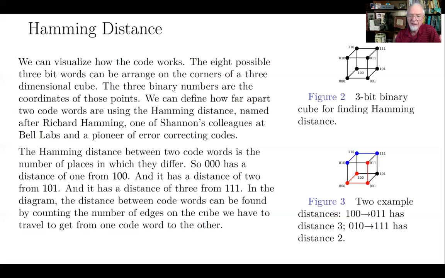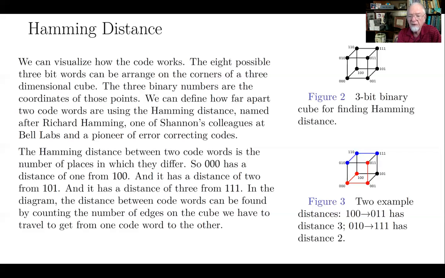So you would have a 001, you could have a 010, and a 100. Those are the 3 possible distance 1 codes. So any one of those would have a 1-bit error, and that tells you the number of bits that you can properly